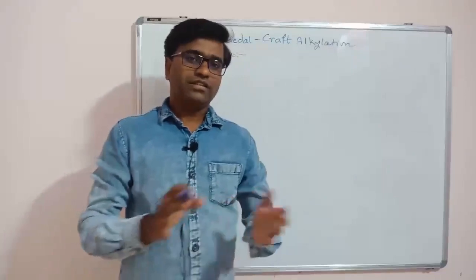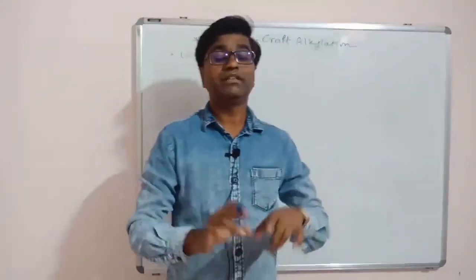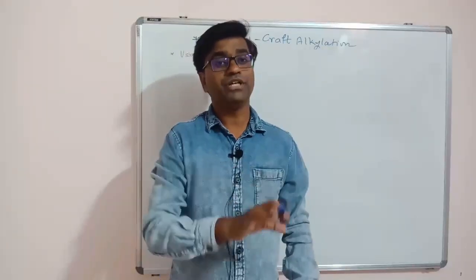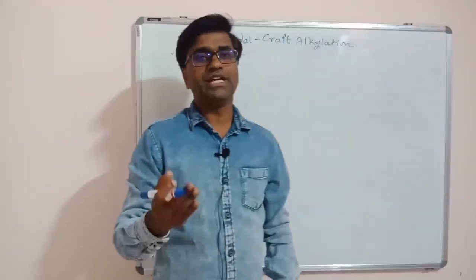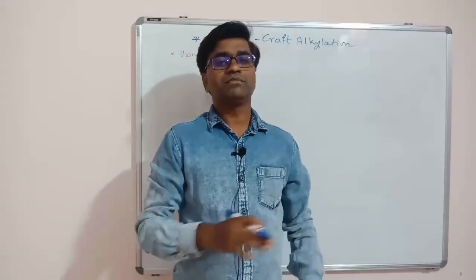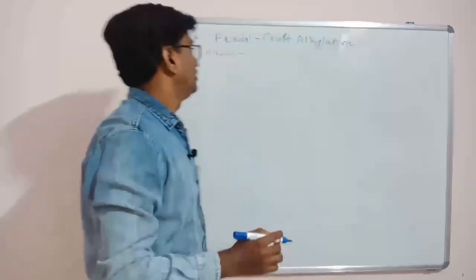In alkylation, our electrophile is carbocation. So from alkenes, we have to make the carbocation. For that purpose, we have to use the mineral acid as a catalyst, which provides the H plus ions. So H plus ions protonate the alkene's carbon, and we will get the carbocation. For example,